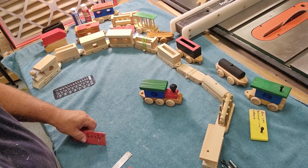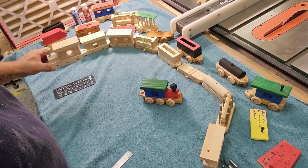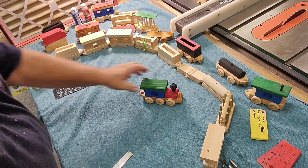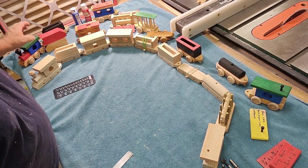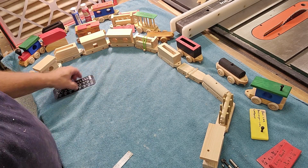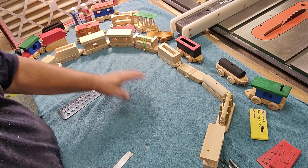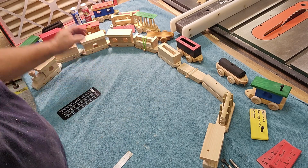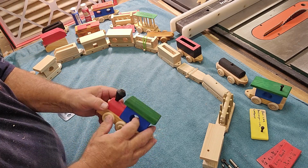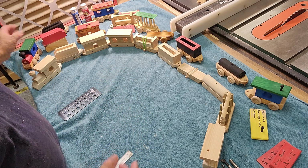All right, back at the workbench here. Now, this is the engine that we did with all the parts on it. We have actually all the parts cut for this 10-car train. The next step that we're going to do is sand all these parts. You want to sand them so they're nice and smooth, all the roof and all the body parts, engine, cab, all this stuff. I probably use about a 120 grit